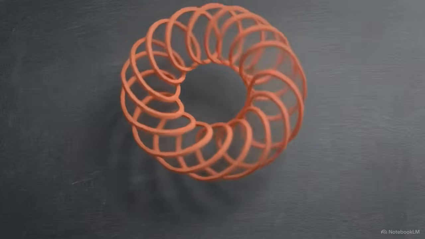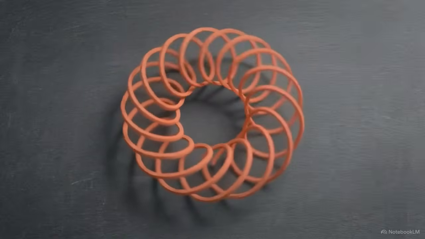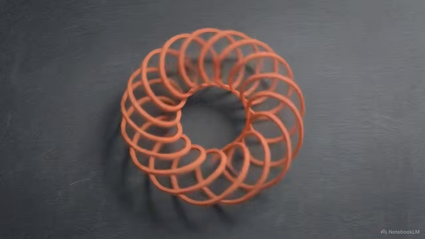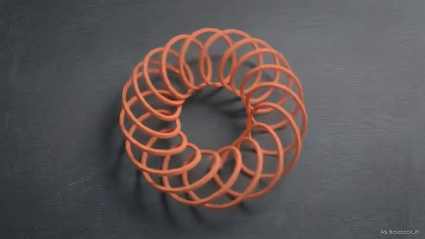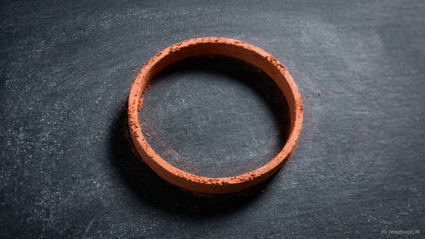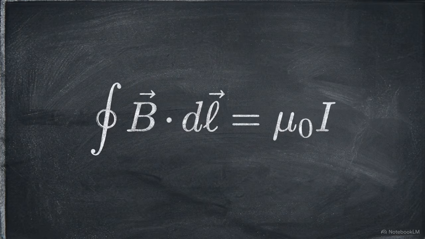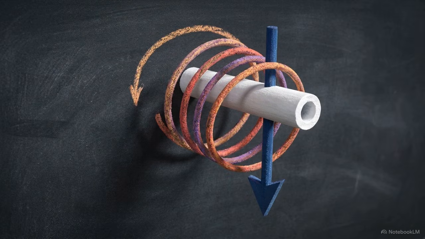This induced electric field behaves differently than static fields. It loops back on itself, possessing no physical point of origination or termination. Faraday proved that an electric field can exist independent of physical charges, provided it is continuously driven by a dynamic magnetic environment. The final piece of classical electrodynamics was Ampere's circular law. In its original form, it stated that a circulating magnetic field is produced by an enclosed electric current.